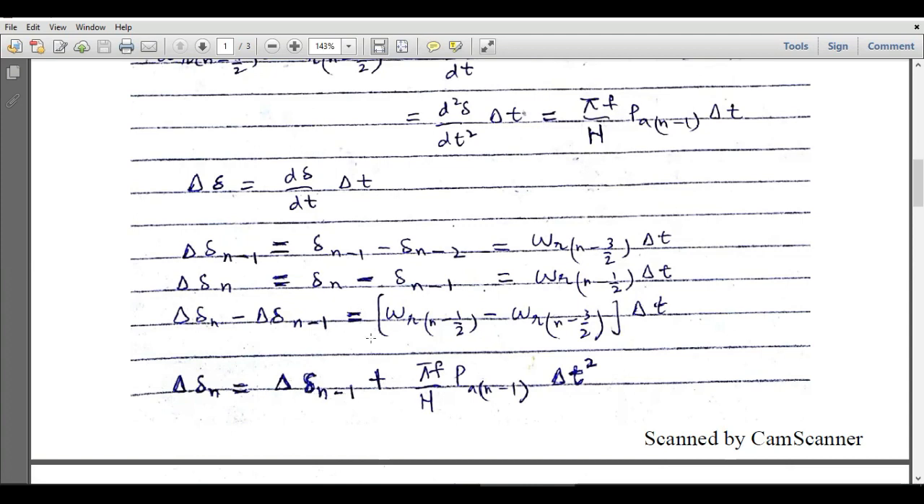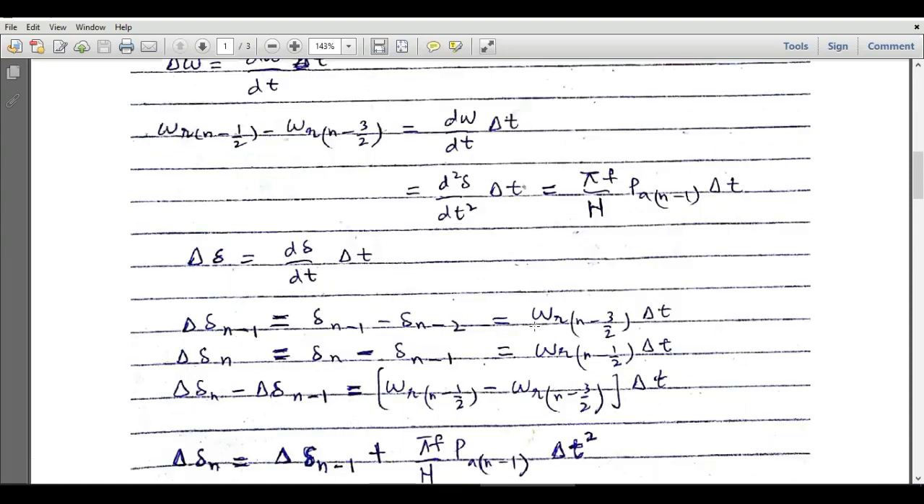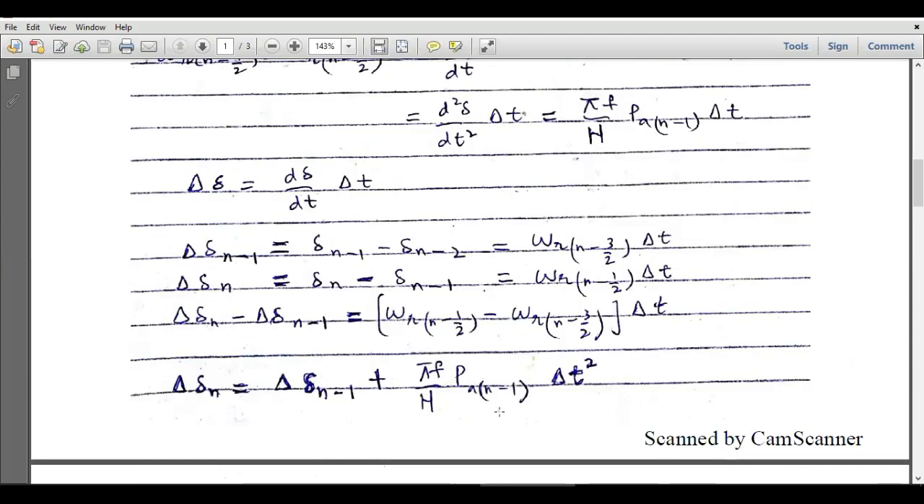So delta delta n minus 1 plus this thing is actually equal to pi f over h into PA n minus 1 into delta t. So we have already evaluated this value in the previous step. So this is equal to pi f over h into PA n minus 1 multiplied by delta t. So we have another delta t over here, so that will be equal to delta t square. So that is the solution of the swing equation,